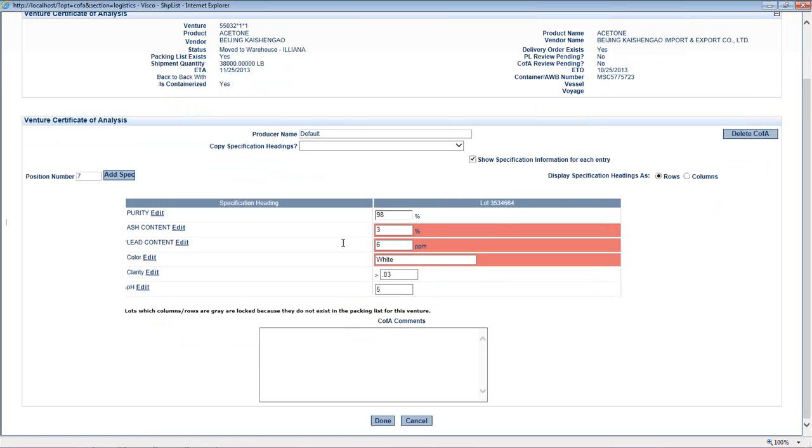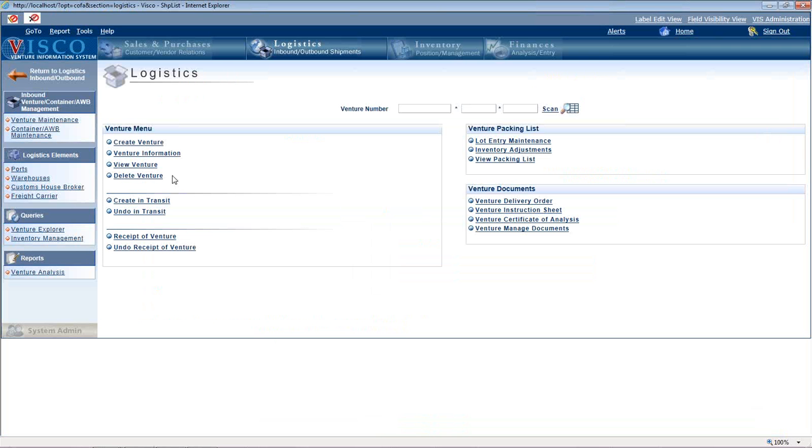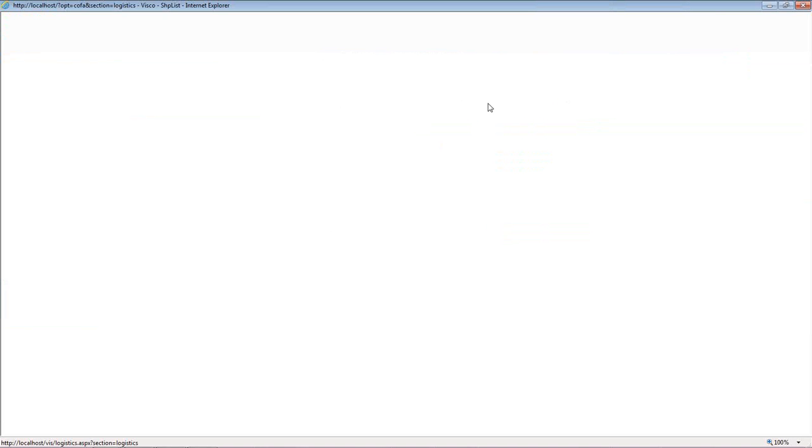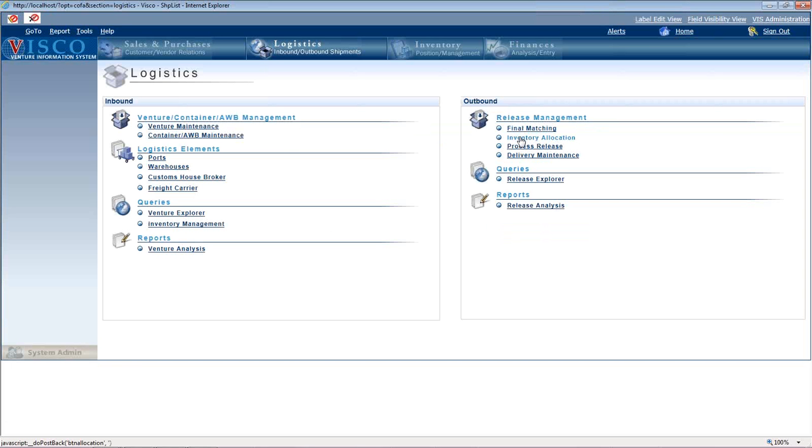Now once we've entered that, by the way, it stores those specifications along with the lot details. So now when I go to allocate against this lot, let's actually go to that screen. So let's say, again from the logistics menu, we'll go to inventory allocation,